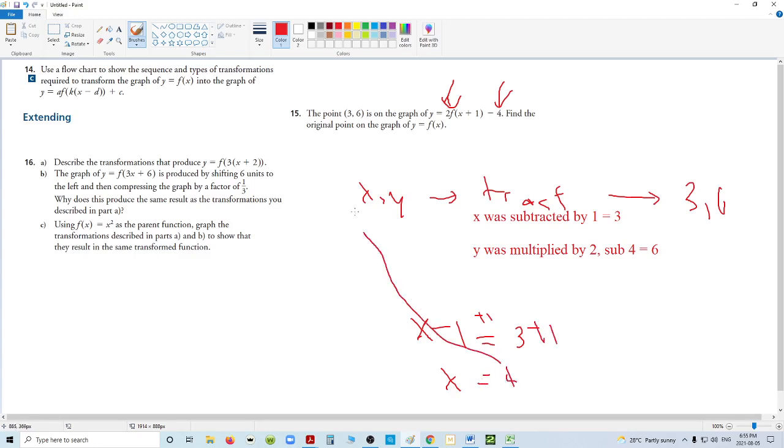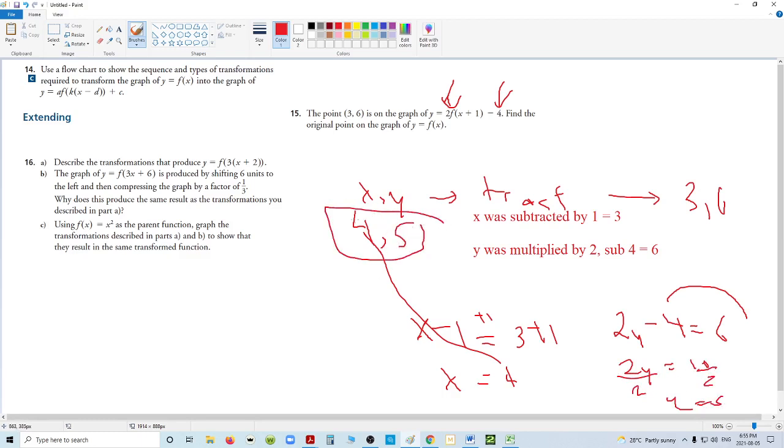So that means the x up here was 4. If y was multiplied by 2, and then you subtracted 4, and you got 6, let's start by adding 4 to both sides. I get 2y is equal to 10. Let's divide both sides by 2. And I get y is equal to 5, which means y started with 5. Now, if you take this original point, you want to make sure, and you run it through these transformations, you will get indeed the point. 5 multiplied by 2, subtract 4, does indeed